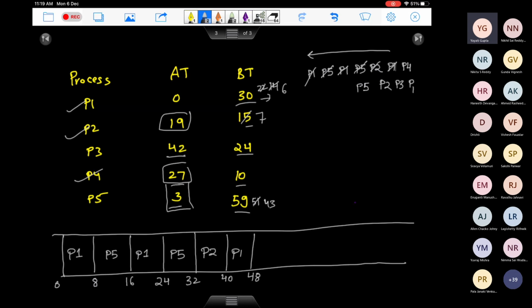Now you can keep executing them in the same order as you see them. All right, so after P1 we have P4. P4 didn't execute even once. All right. So you have 2 left here. After P4 we have P5, right? So on and so forth. You can now complete this Gantt chart. One thing to note here: next time when P4 runs, it's only left with 2 time units, so we can't run it for exactly 8 time units. We'll only run it for 2 time units and it will be finished.